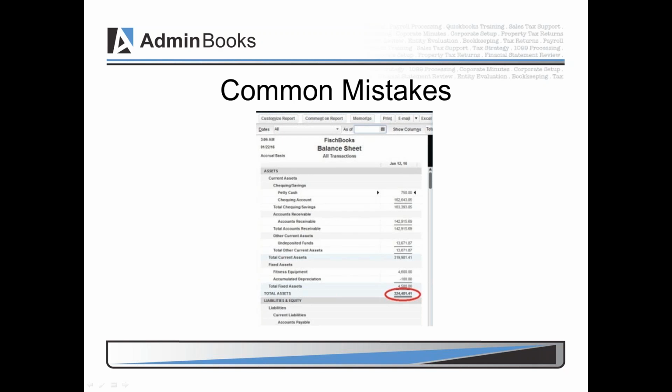I think that sometimes it's, for whatever reason, and Nikki can probably speak to this better than I can, something in the software that causes that, and the books were never closed, what we call closed. Once you're at the end of the year and everything's adjusted and filed, we usually close the books. But I think sometimes with QBO and maybe some of the other softwares out there, it can be easy